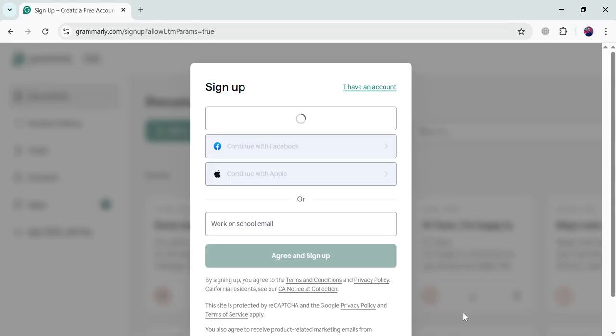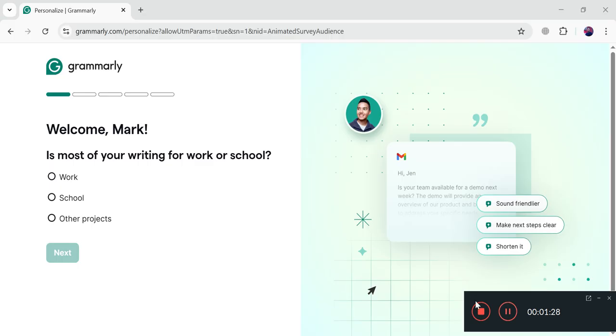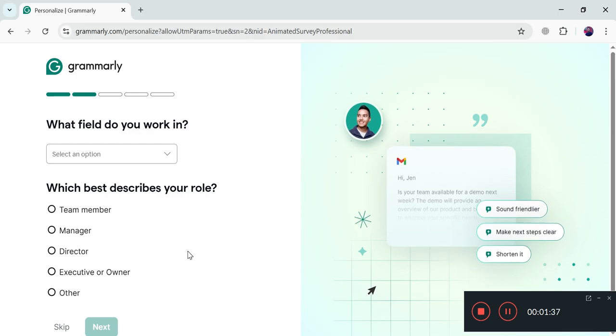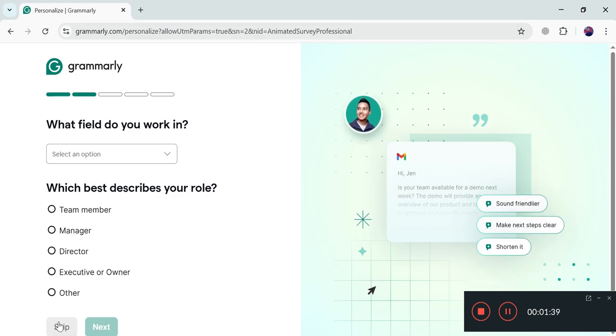Okay, so you can use Grammarly in two ways: you can use the software as well as their web-based extension. In this video we are going to use their web-based extension. Okay, so let's select all the possible options here, and let's do the next. For this one, let's skip. Okay, it's up to you. I'm just skipping all of these options.